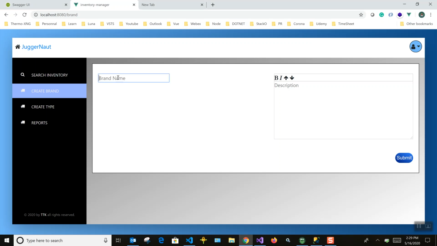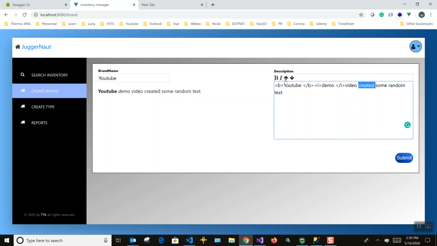So I'll just add a value here. I'll name the brand as YouTube. I'll just give some sample text like YouTube demo video created, some random text. Okay, so now we will make this YouTube as bold, demo as italic, and created will make